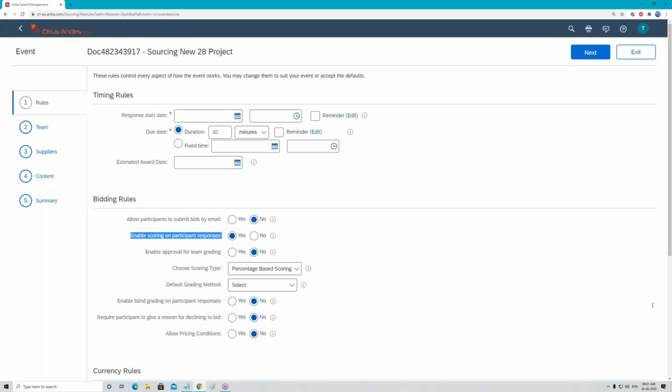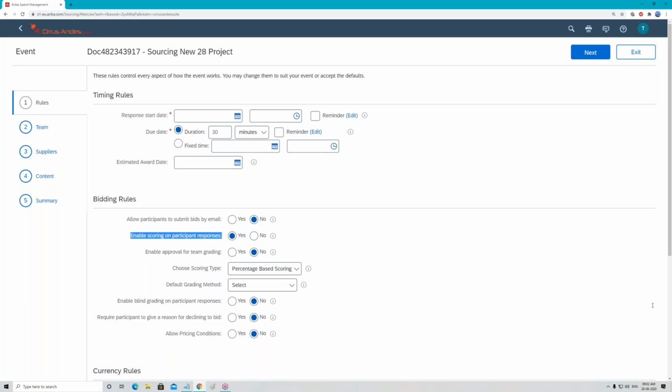Now she notices in the last sourcing project, when she is going to award, Ariba is not showing which one is L1, which one is L2, which one is L3. So Dipali will say, Manoj, what has happened? Only for this particular sourcing project, Ariba is not showing the ranking. At least it should show me the ranking because it will help me over there. Yes, whether I'm going to use it or not, that's a different thing.